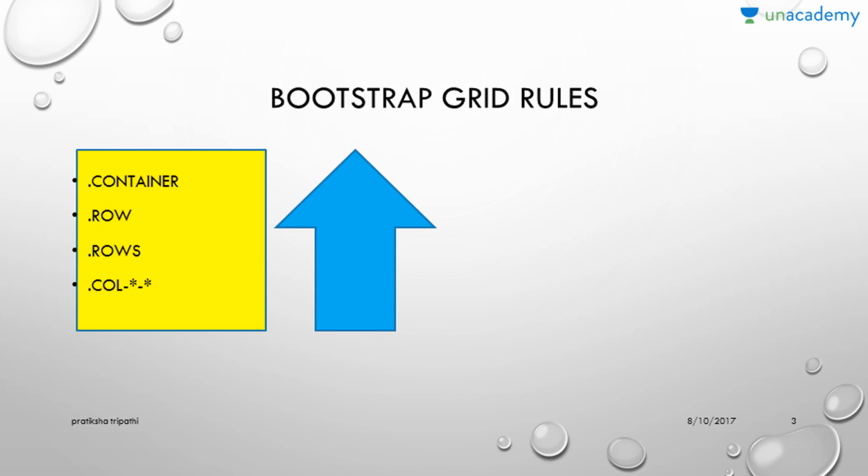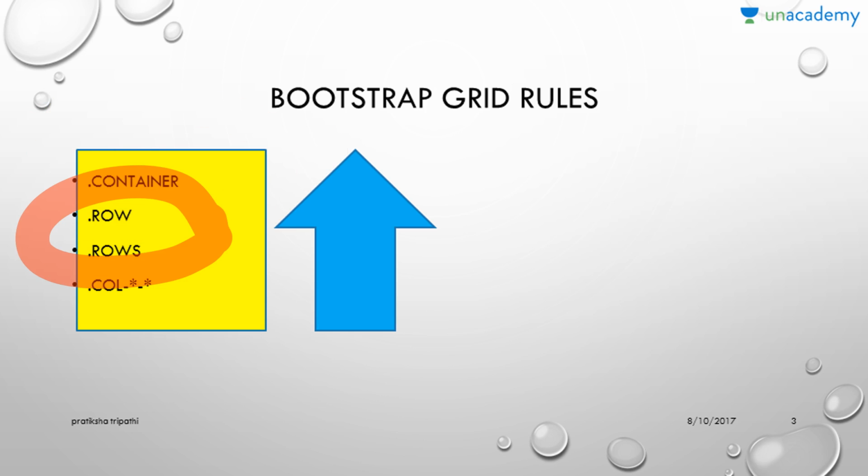Now whenever we are working with grids, we have to follow certain rules. Every grid has certain rules that we always have to keep in mind. Whether it is extra small, small, medium or large, we have to follow certain rules for every grid composition. The very first is that it should have a .container class. Rows must be placed within .container, for alignment and padding. So we do not work with columns directly, we work with rows, and they should always be placed inside .container.